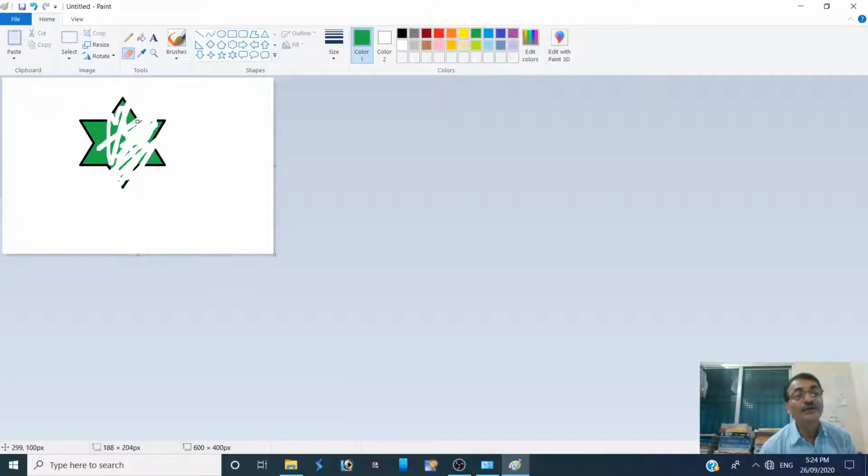Okay, and so this application can be used for small drawings. Basically, this application can be quite useful for students who are learning the computer in the beginning. Okay, so now I'm going to close this application.